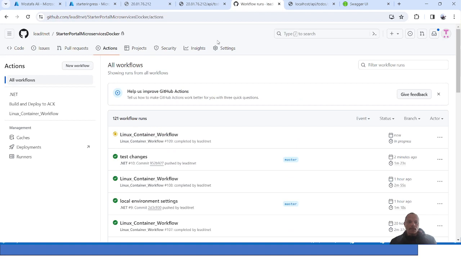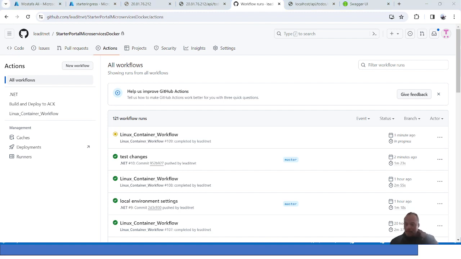That's because our workflows are still running. We passed the first workflow for building the microservices and running the unit tests. And we will see what will happen after we finish the deployment, creating the new Docker images and deploying them to Azure